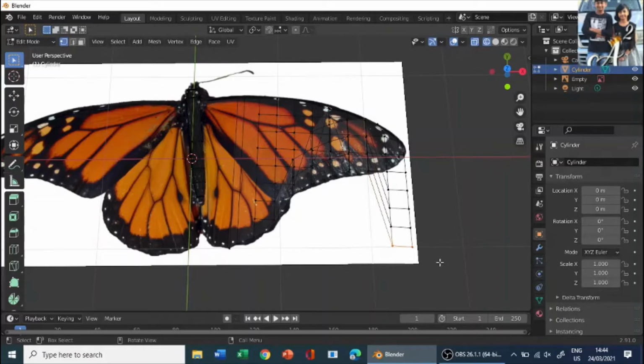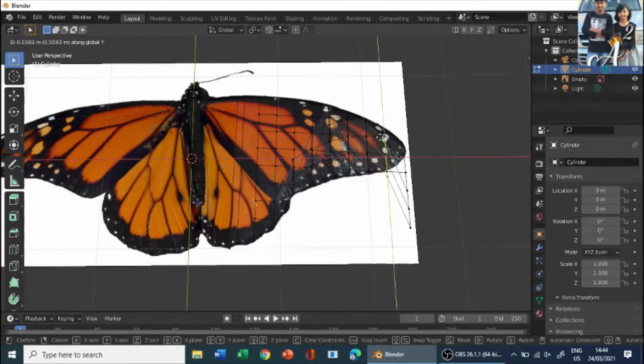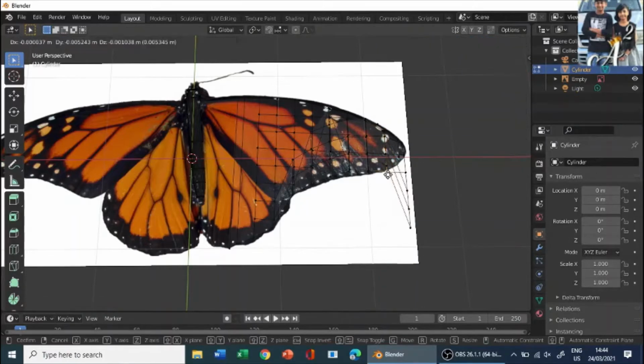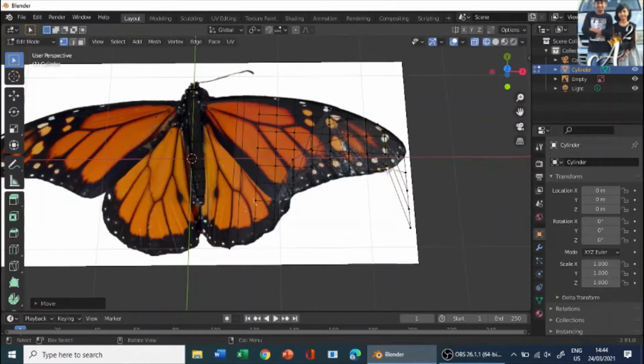So X to delete vertices, and over here, G on the y-axis and move it a bit there. Then G on the y-axis and move it over there.